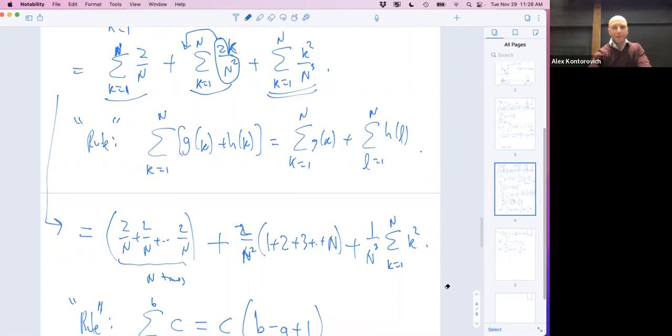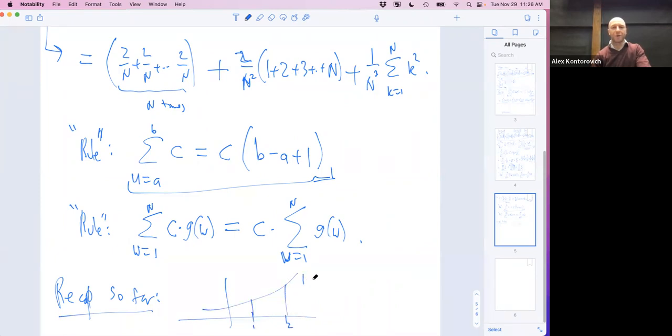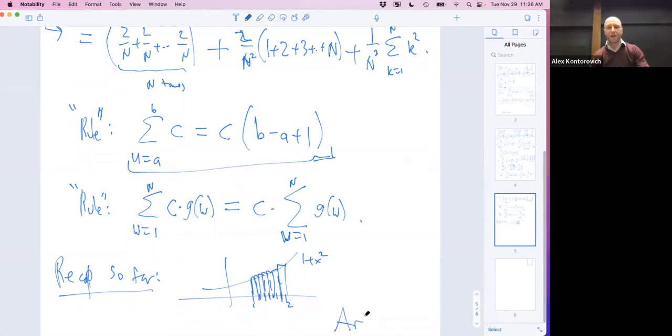Let's recap what we got. Recap so far. What we know is that we're trying to evaluate this area from 1 to 2 under this parabola 1 plus x squared. We've broken it up into n pieces, and we've evaluated the upper sums. So this is definitely an upper bound. Whatever the true area is, it is upper bounded by this stuff. For any value of n,